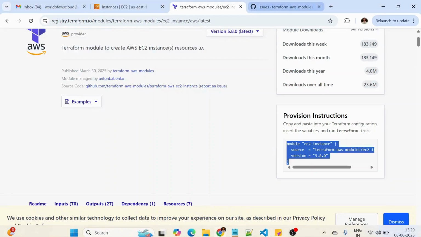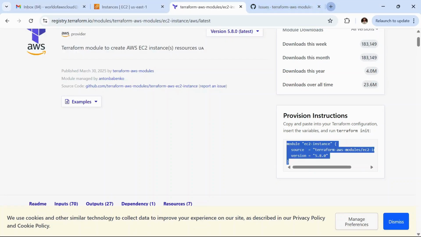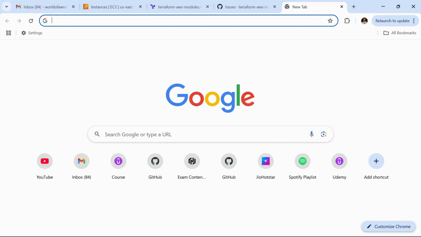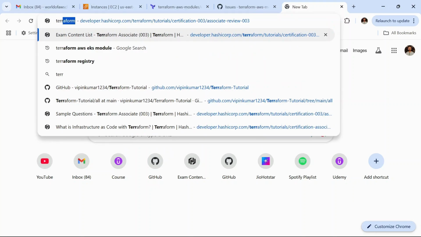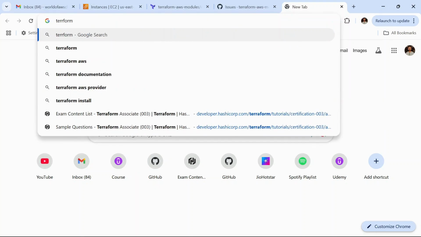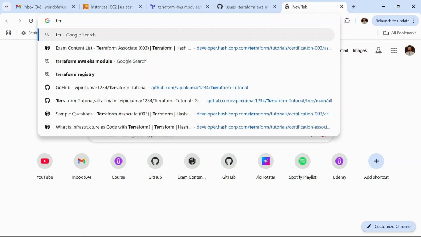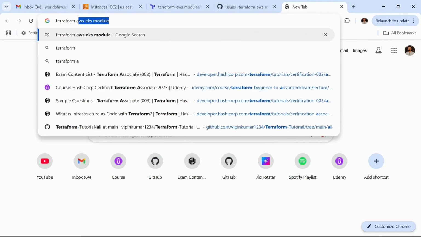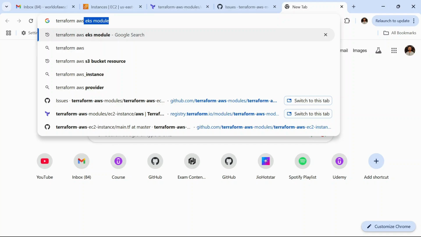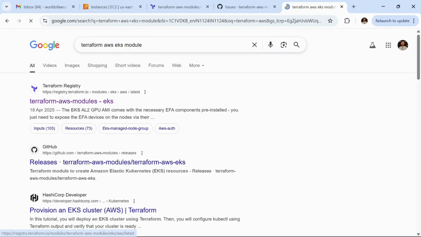And now let's try to use the AWS EKS module. Terraform AWS EKS module. Okay, so let's open this one.